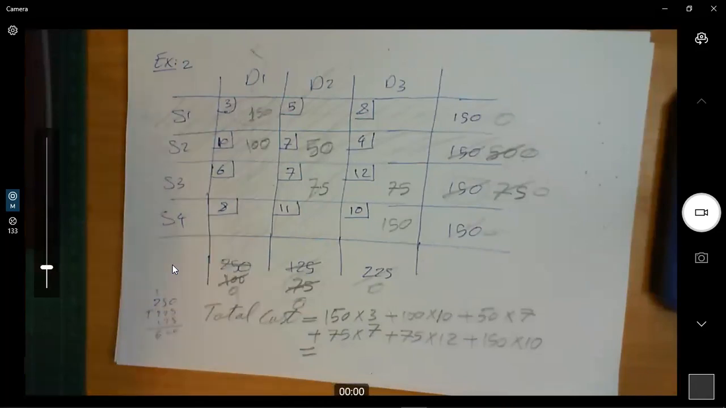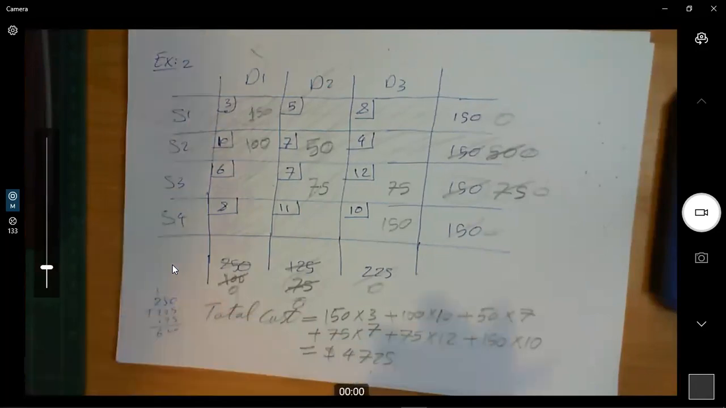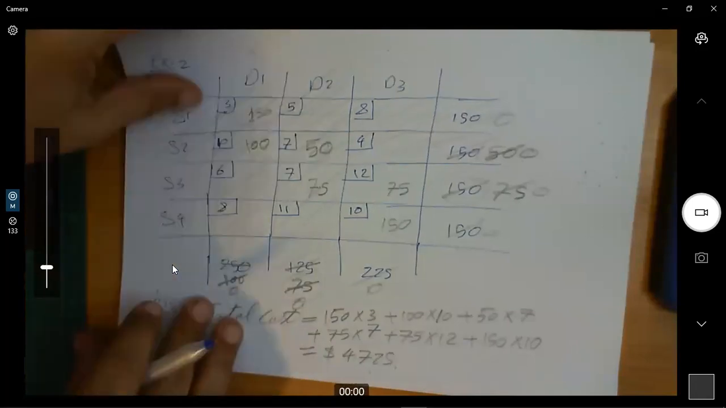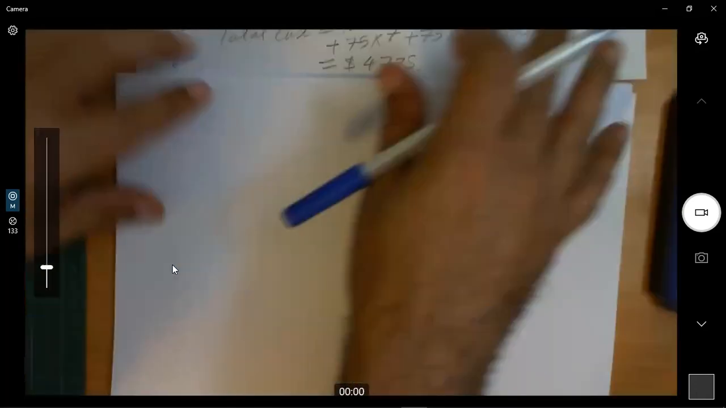4,725. How much? 4,725. Okay. That was the least cost. That was the Northwest method. Let's solve the same problem again, but using a little bit smarter way of allocating